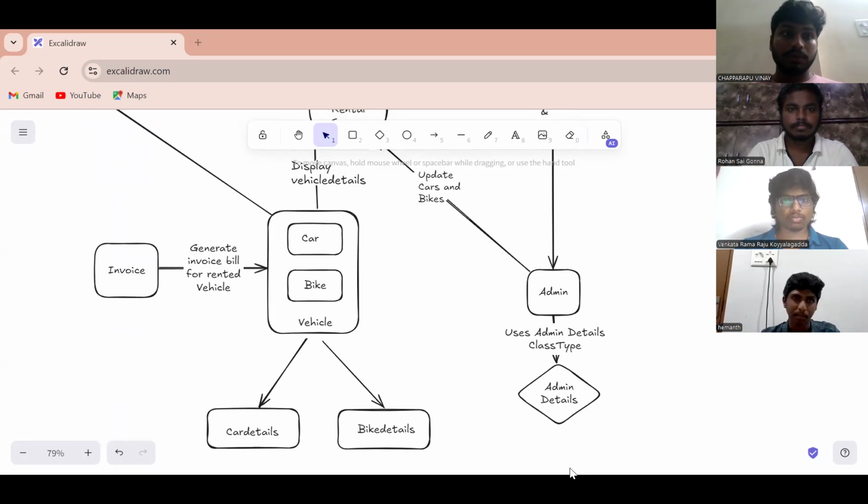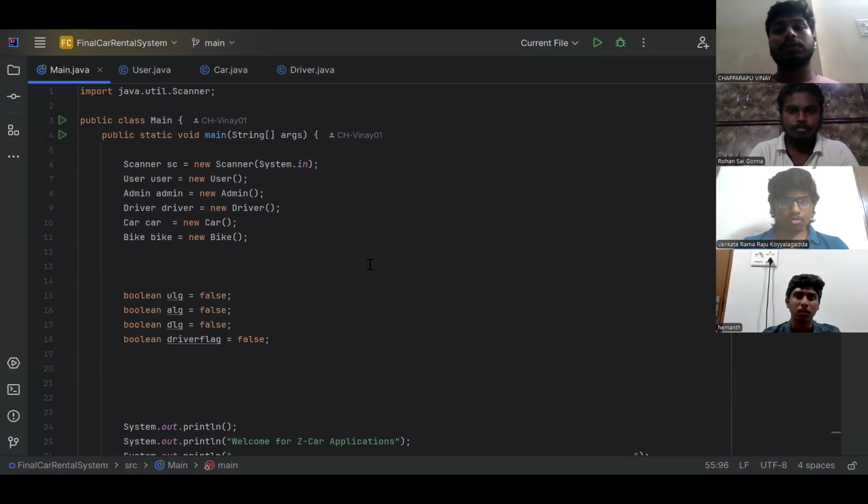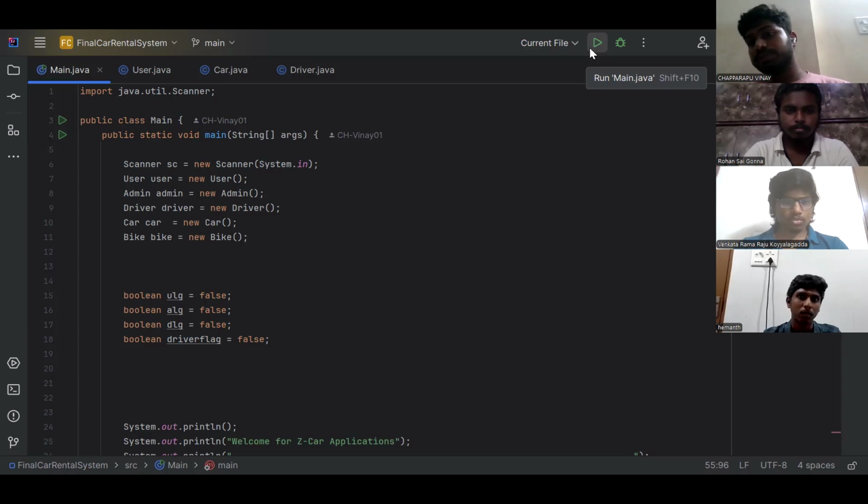In the console, and then, wait, I'm running. Right. Okay, now coming to the execution of this project code. Wait,